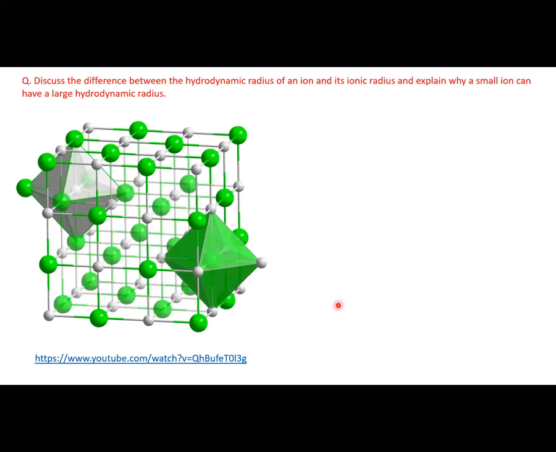Let's take a look at the crystal structure of lithium chloride. Here the green balls represent chloride ions and the gray balls represent the lithium ions. The ionic radius is assigned based on the distance between ions in the crystalline form of the compound. I found a video on how to calculate ionic radius from its crystal structure, and the link is given here. If you want, you can go through it. So basically, the ionic radius is calculated based on the distance between the ions in its crystalline form. On the other hand,